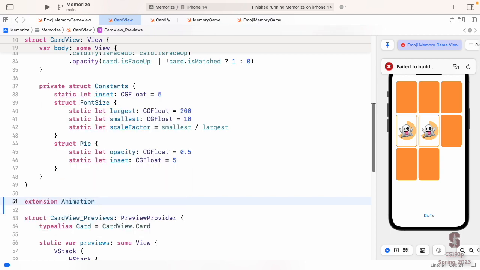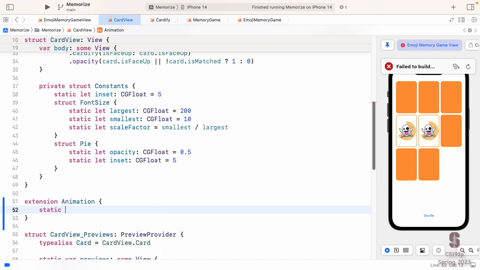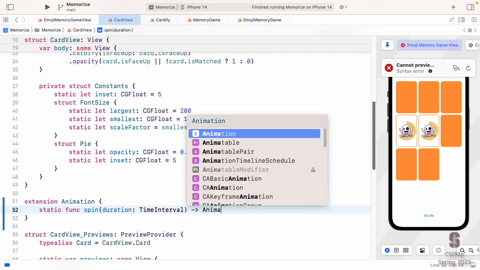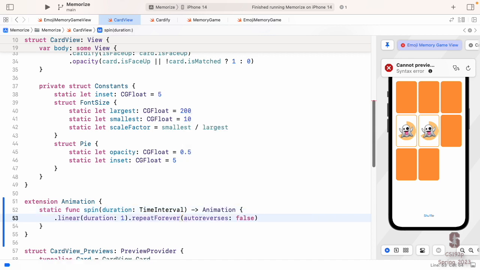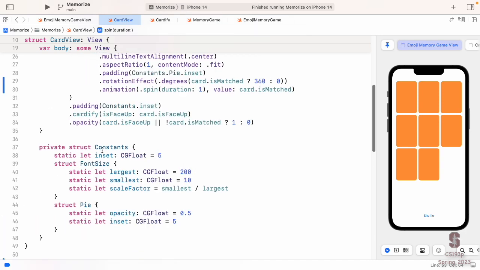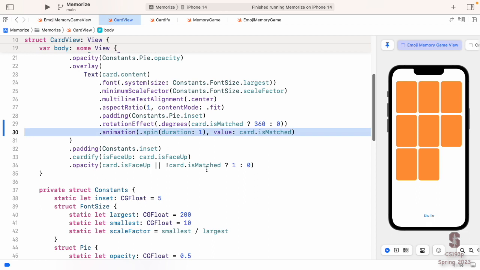I'm going to extend Animation, and I'm going to add a little static function called spin, and it's going to take a duration, a TimeInterval, and it's going to return an Animation. And I'm just going to return that linear thing that I had up there. So now I made a new kind of animation, Animation.spin. It compiles, no problem. Works fine.